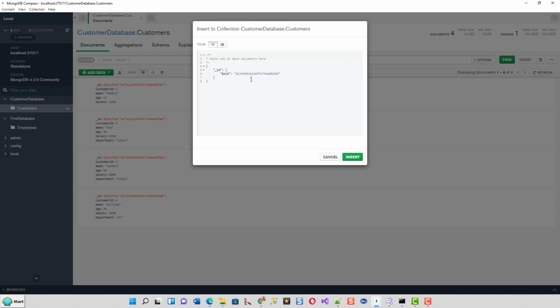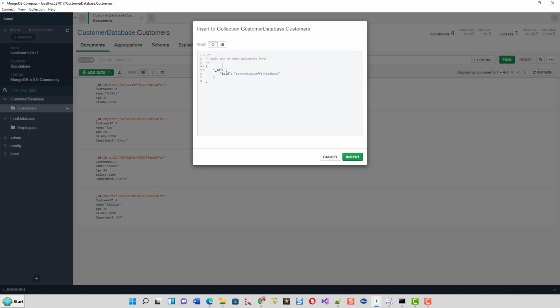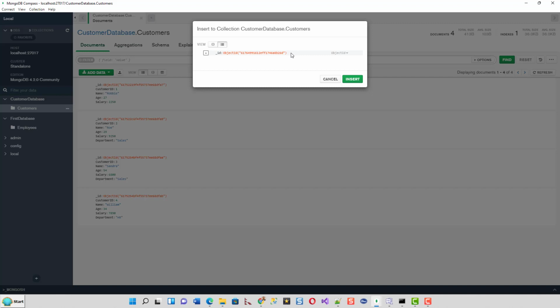It's automatically created for you, and you have two views. This is the more suitable view, whichever view is convenient for you. This is more of a JSON or BSON type of view, and you can add your field after the ID, as you are aware now that a document database is very much scalable.